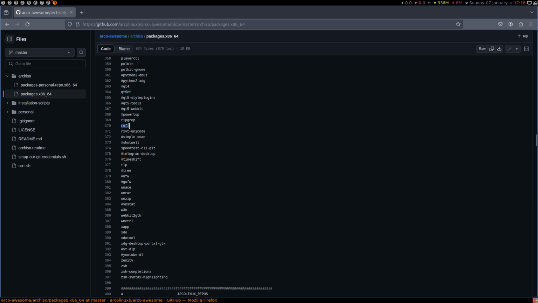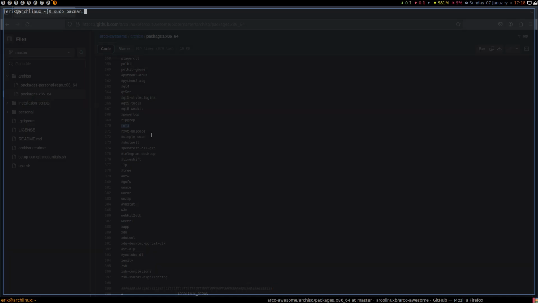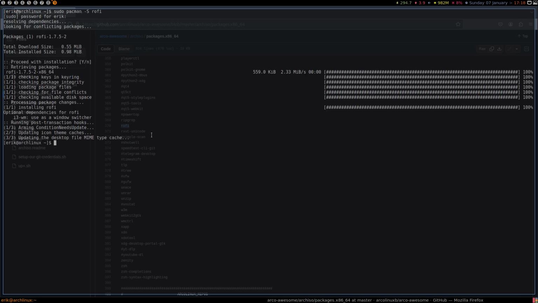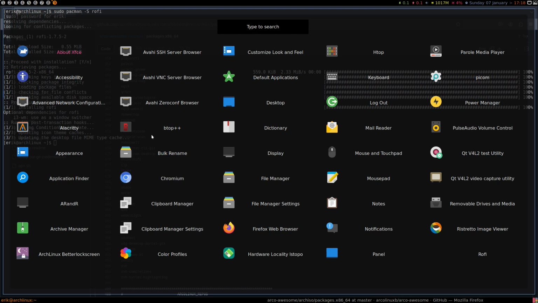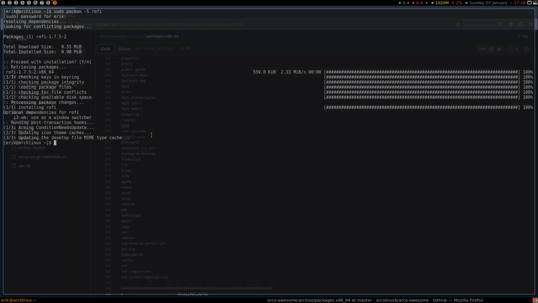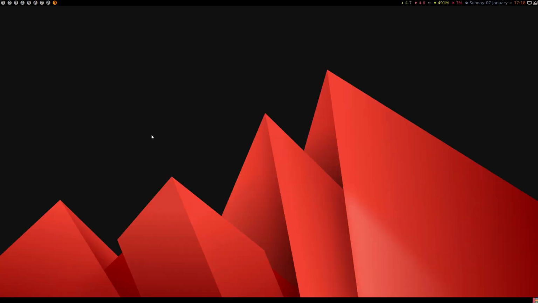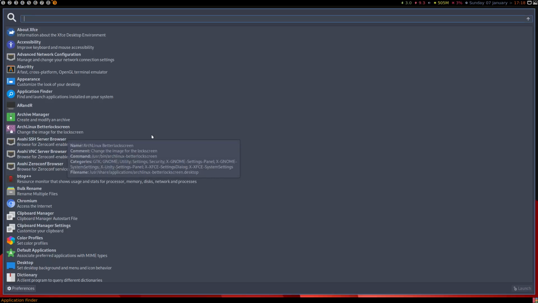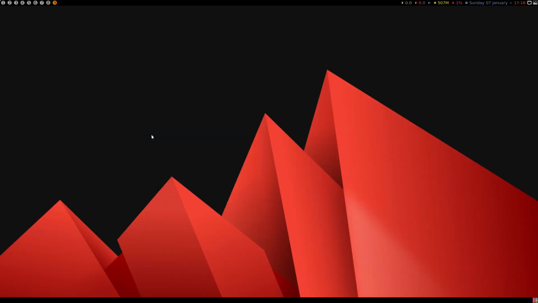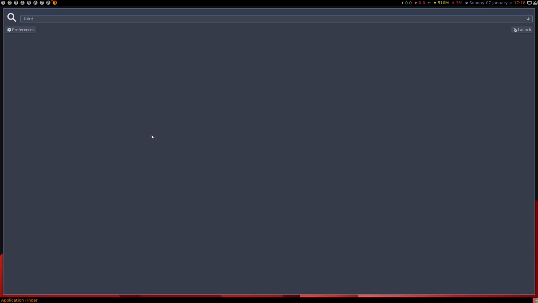Rofi, I believe we have a script. Super D. So sudo pacman -S rofi is missing. Super D. There we are. And it's all these little things like Alt F3 that's working, because we started with XFCE, and this is the app finder of XFCE, and also a smaller one where you can just look for something,